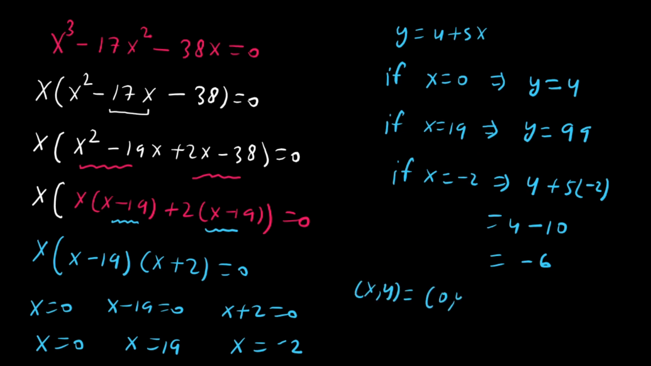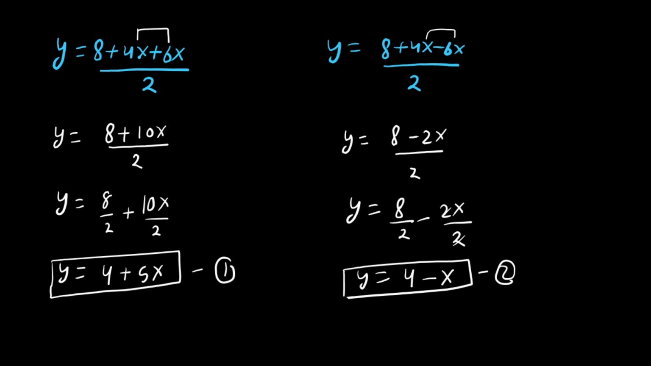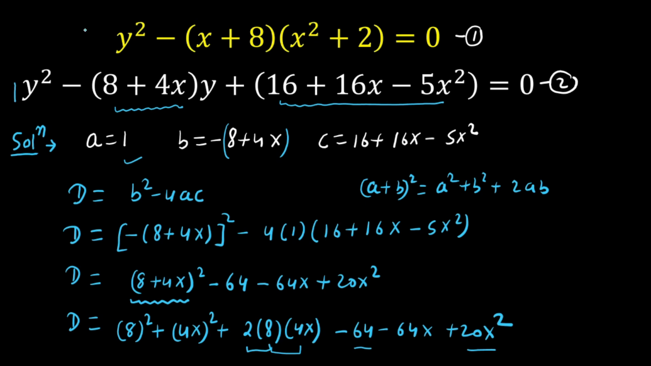If x is 0, then y is 4, and if x is 19, then y is 99, and if x is minus 2, then... Now solve case second. Case second is y equals 4 minus x, and equation first is (y square minus x plus 8)